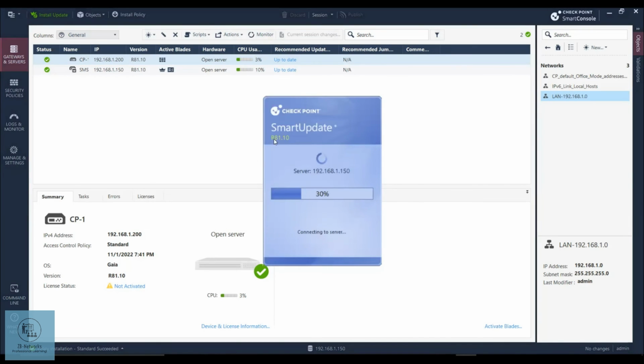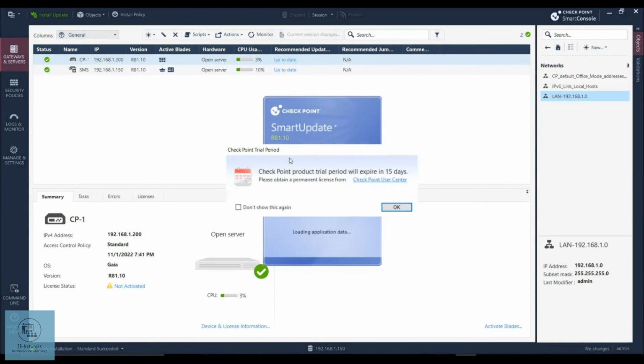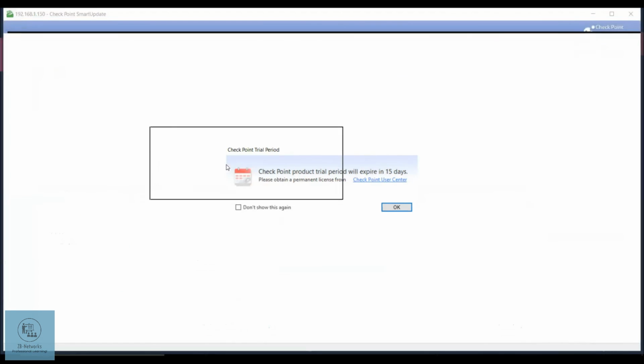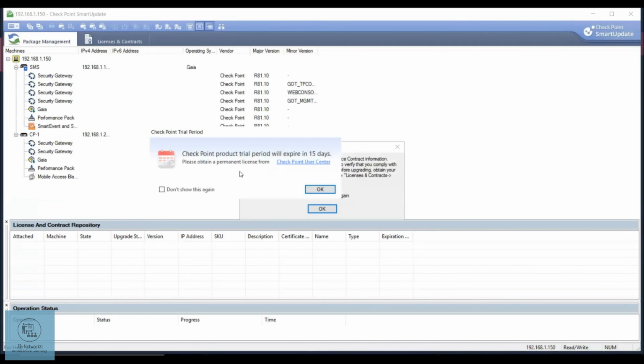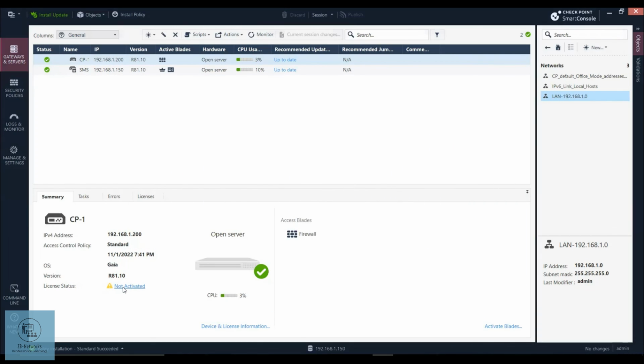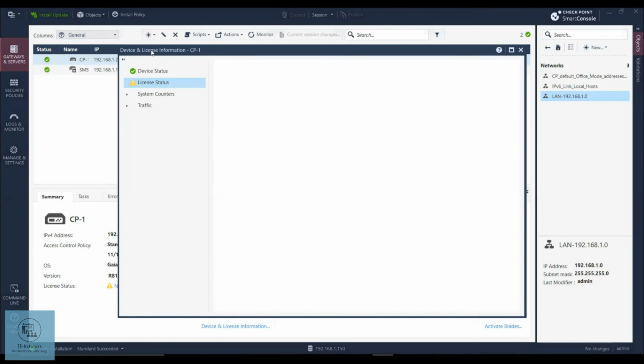Now if you have not seen the prompt which says wait a sec, which appears once you open the smart update, this plug and play license also applies to the smart console. So from the day you start the lab, for the next 15 days, you will be able to use this product. So this applies to both the SMS as well as the gateway. Also, if you click on this not activated sign here, it will take you to the device and license information